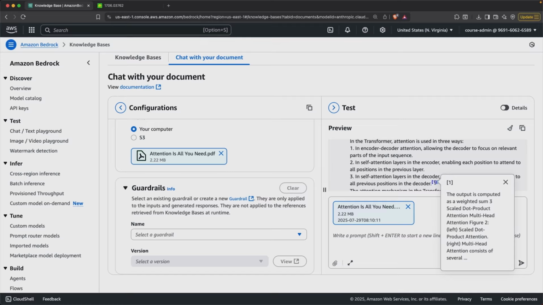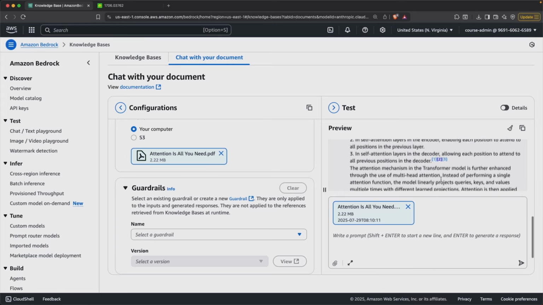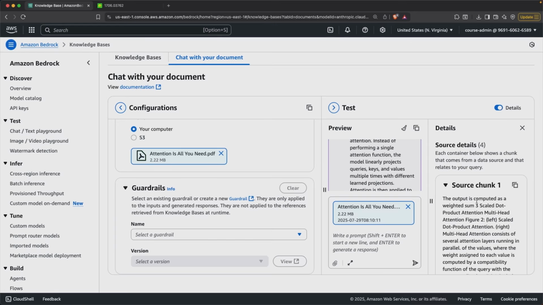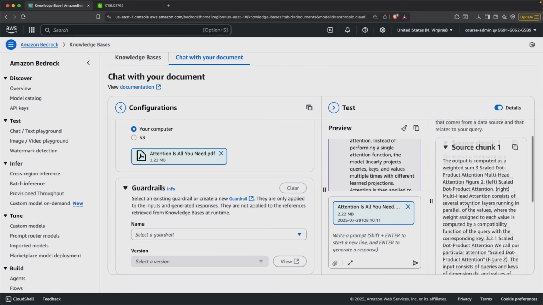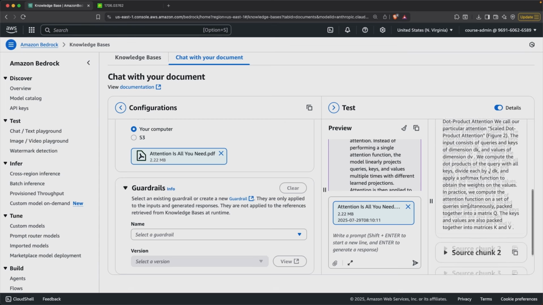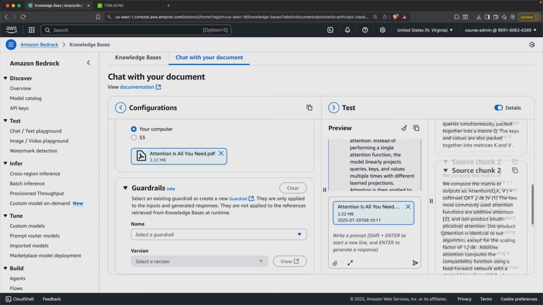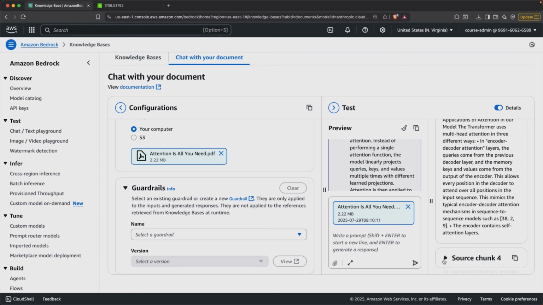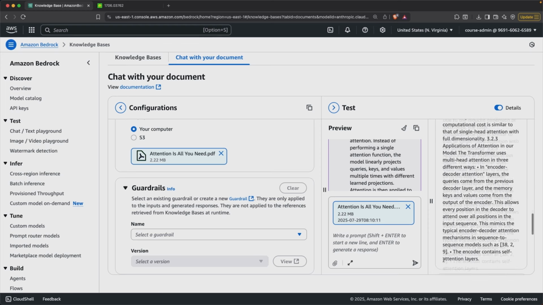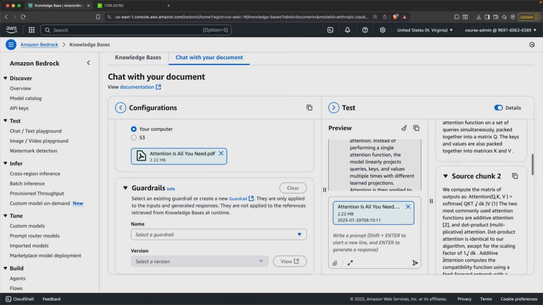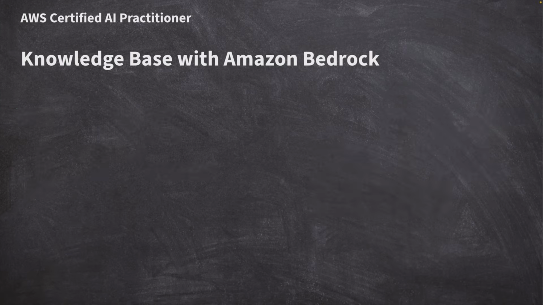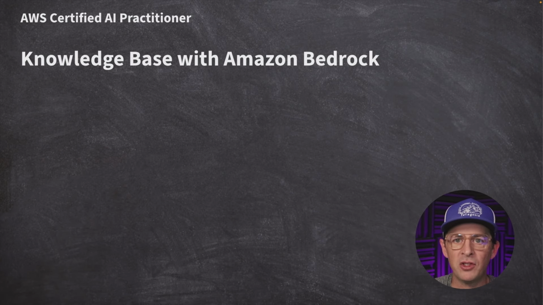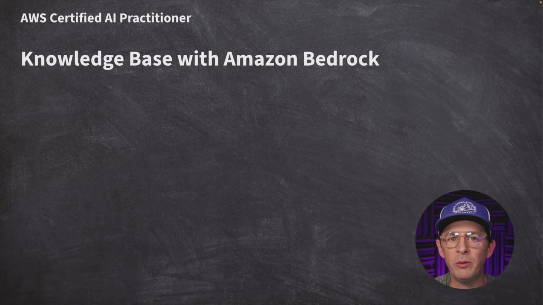So if I click on this, the output is computed as a weight, and it kind of gives you this information. And where does this information come from? When you click on details, it shows you all of the chunks. So you remember we're talking about chunking. So this is source chunk 1, source chunk 2, 3, and 4. And this all comes from the PDF. So you can see exactly where it comes from. So that is a RAG application, and we uploaded the document,